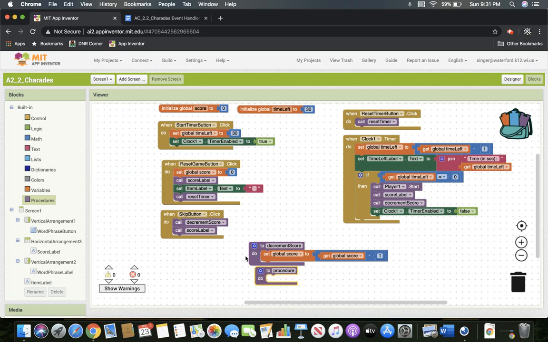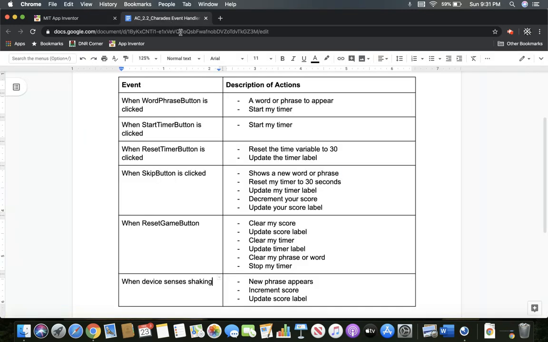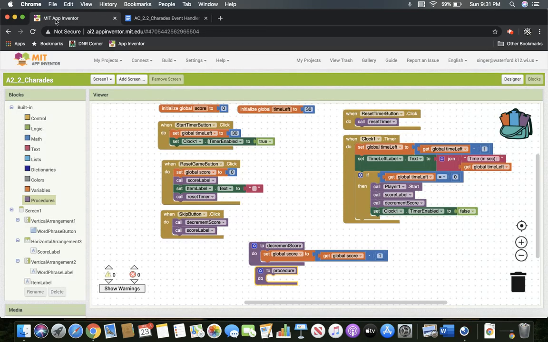So we don't have anything on the board right now about incrementing, but we do know from our event handler that we are going to have a point where we're going to have to increment the score, and it may end up in several different places. As some of you are starting to learn how to add things and do different things to your app, we can definitely have different spots where we're going to have to increment the score. So, increment score. Let's go ahead and create a block for this right away, and then we know we can go hide it off on the side with the other procedures,